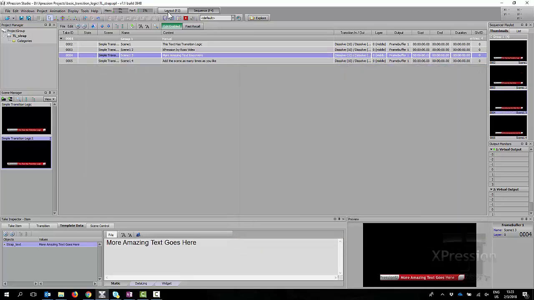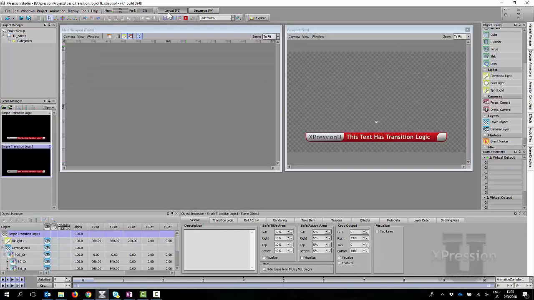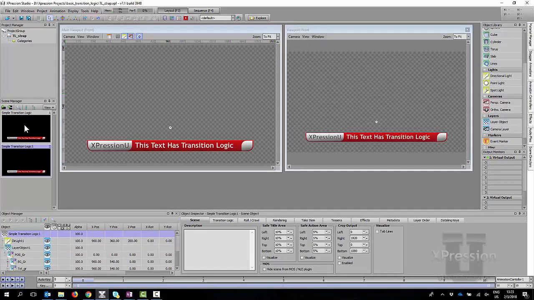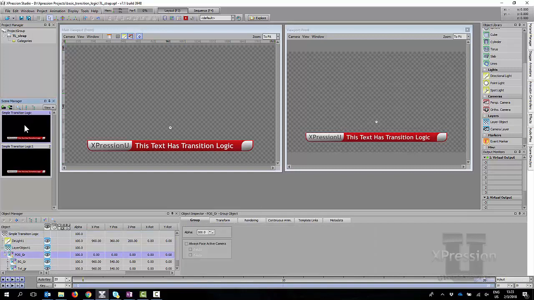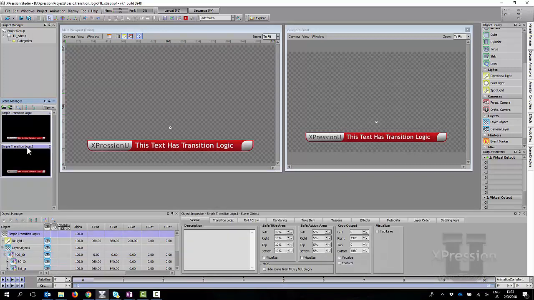If I now go to the layout side, I'll show you how this was built. I have the scene that I was just playing there that has all the logic, and I've got a copy of the scene here, which is a duplication of that above scene, but I've removed all of the logic that I built so that I can show you how to build all the animations from scratch.